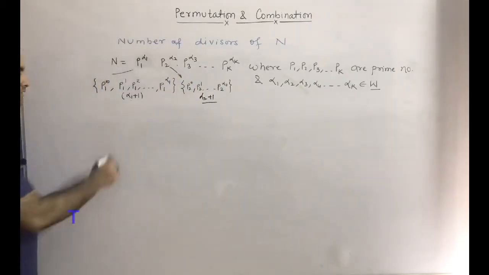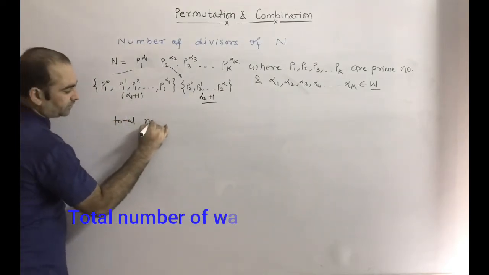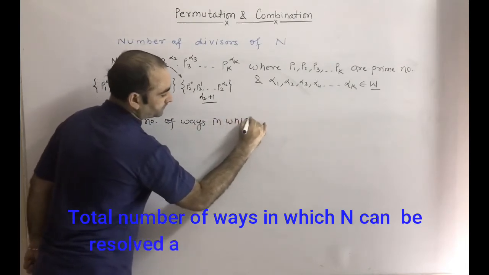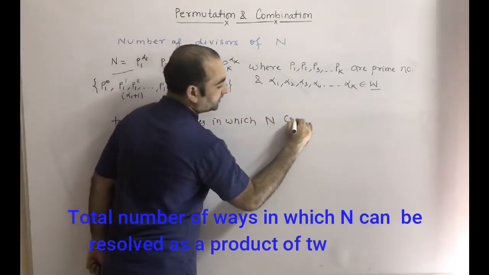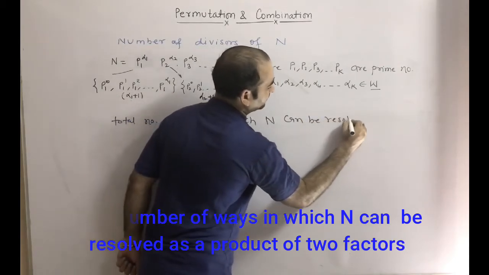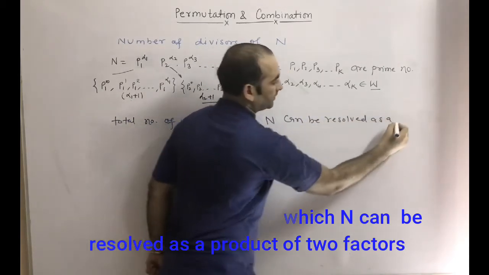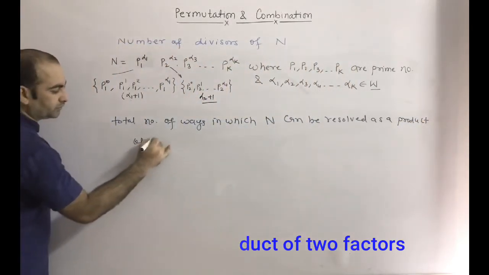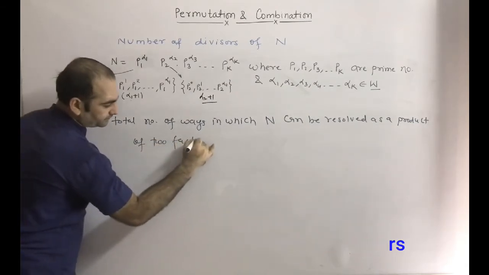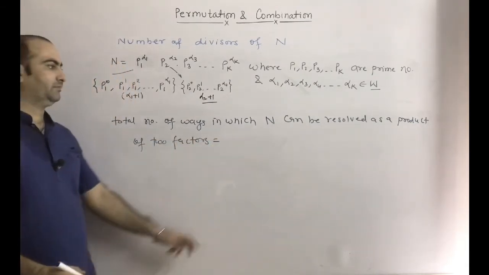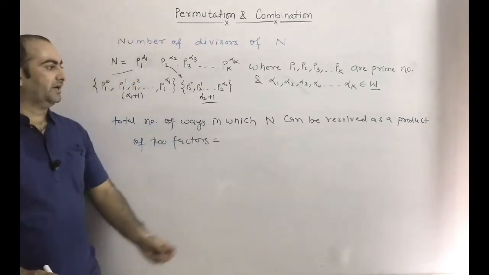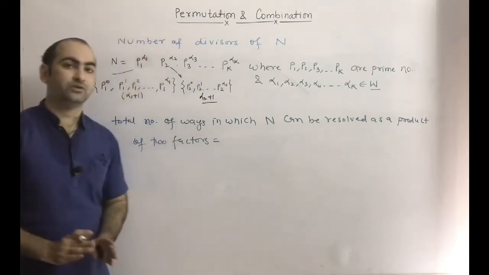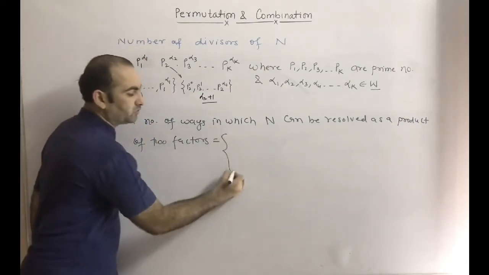Now if you want to find the total number of ways in which n can be resolved as a product of two factors, this depends on n. If n is a perfect square, we will get a different result. If n is not a perfect square, we will get a different result. We already did n equal to 24. 24 is not a perfect square. In that we got the total ways as